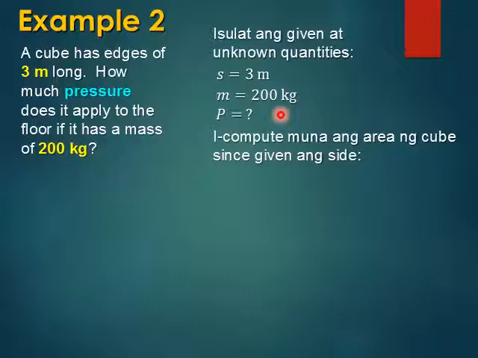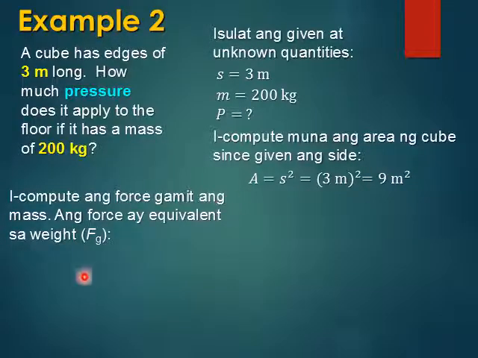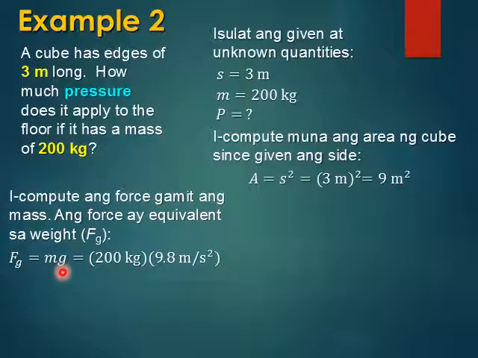So, i-compute muna natin yung area ng cube since given ang side. So, ang area ng cube would be S squared. Kasi, di ba, ang cube is actually a square, yung surface area niya. So, you have 3 meters squared, so that's equivalent to 9 square meters. So, next, i-compute naman natin ang force gamit yung mass. So, ang force ay equivalent sa weight, which is Fg. So, let's remember na para ma-compute yung value ng weight, so that's mass times the acceleration due to gravity. So, here you have 200 kilograms times 9.8 meters per second squared, which gives you